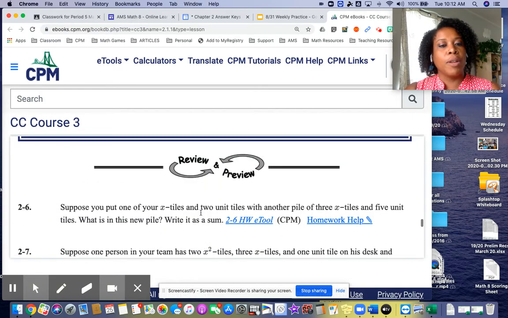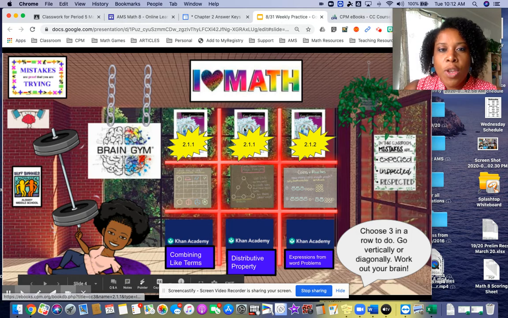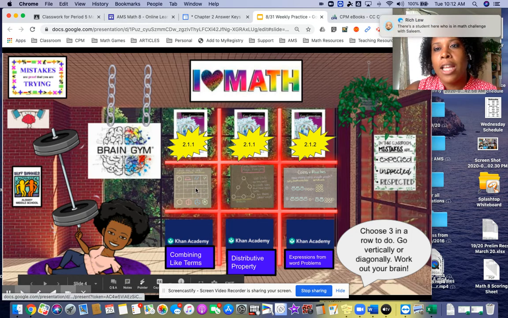And then the review preview section is the practice you need to complete. And if you don't know which problems you should work on for this section, there will be an assignment sheet on the Math 8 online learning website. Then if you go back to your presentation, if you click one of the puzzles,